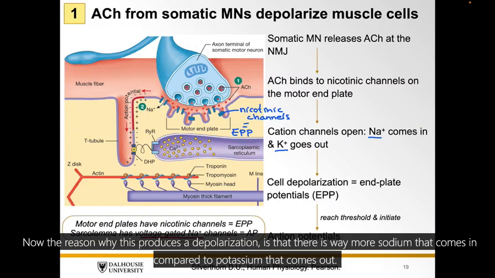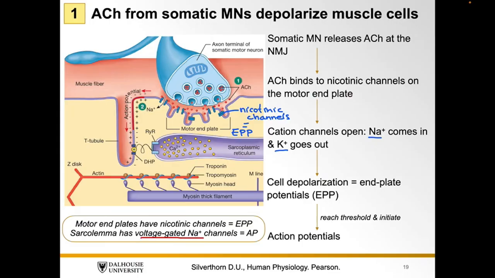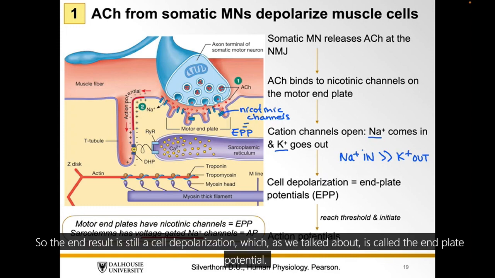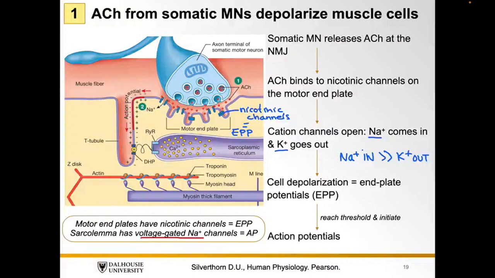Now, the reason why this produces a depolarization is that there's way more sodium that comes in compared to potassium that comes out. So we have a lot of sodium coming in, so positive ions coming in, and only relatively few potassium ions coming out. So the end result is still a cell depolarization,